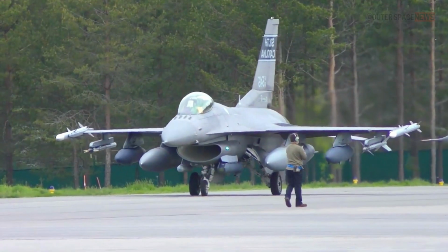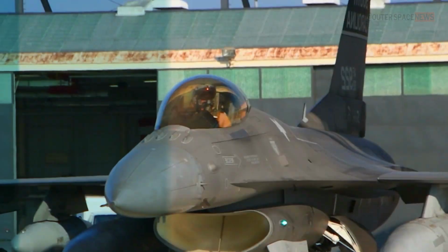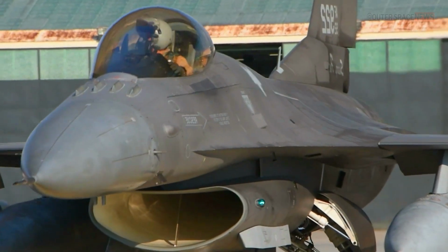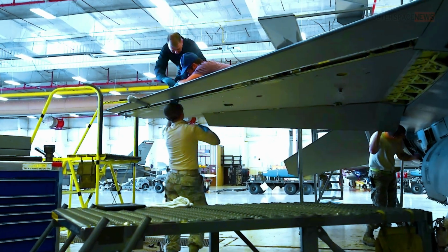The F-16, also known as the Fighting Falcon, is a multi-role fighter aircraft originally developed by General Dynamics, now Lockheed Martin, for the United States Air Force. Over the years, several variants of the F-16 have been developed to meet the needs of various countries around the world. Some of the notable variants of the F-16 include